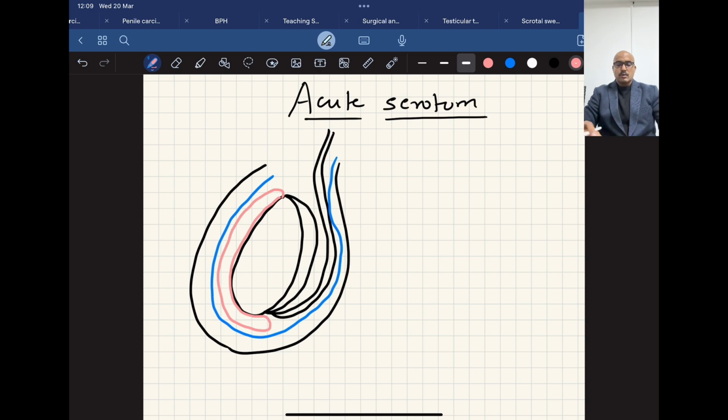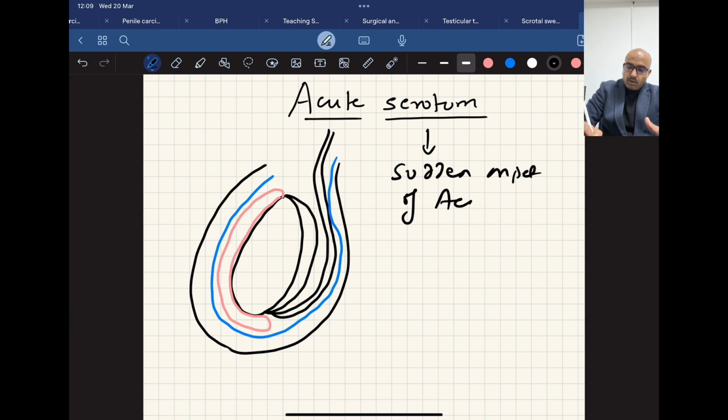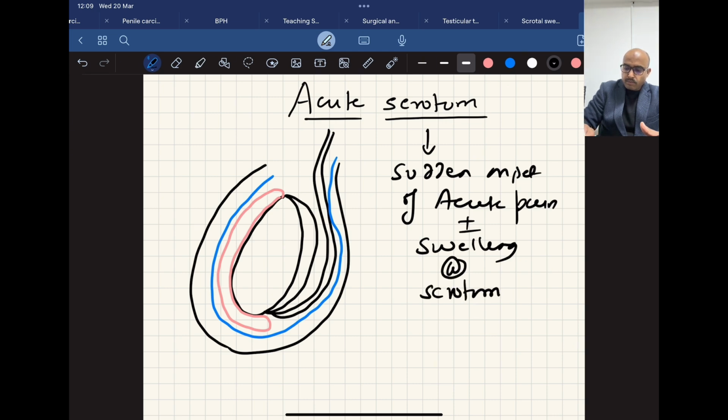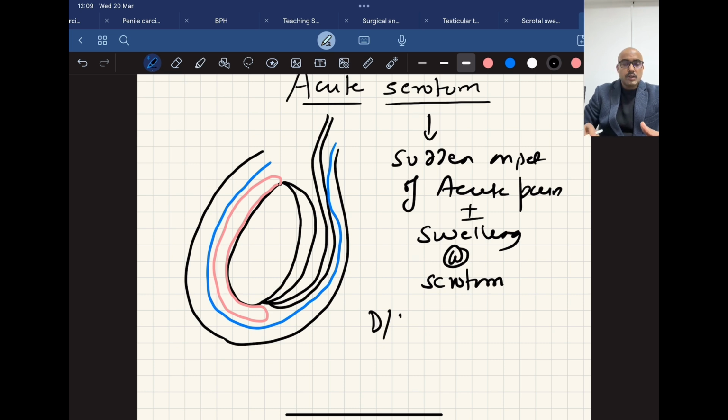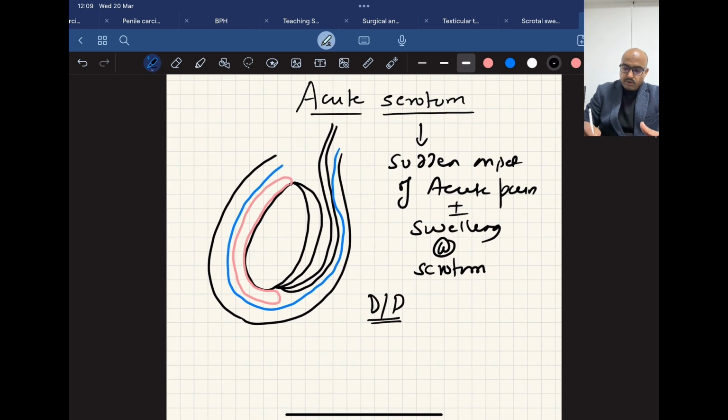Fine. So whenever we say acute scrotum, it means that whenever there is a sudden onset of pain and swelling in the scrotum, it is acute scrotum. Okay, it means sudden onset of acute pain and swelling at the scrotum. Okay, so if you see the differential diagnosis, the DD, then you'll find the common causes are,